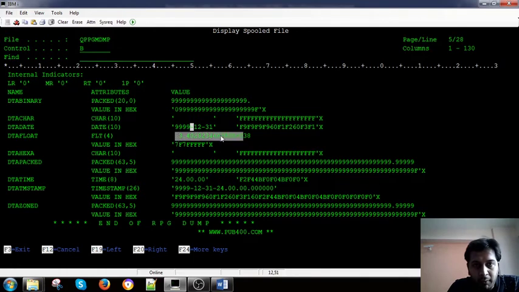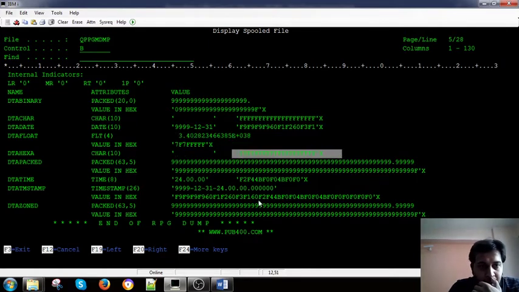This is the maximum value of float here, right? For the 8 byte float, because I have declared 9F, so that's here. And for character again there's a blank, right? So for hexa there's again a hexadecimal value, right?